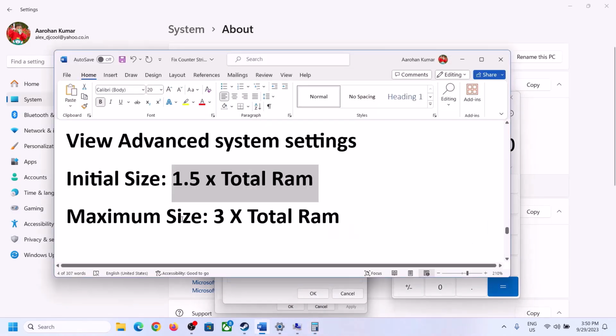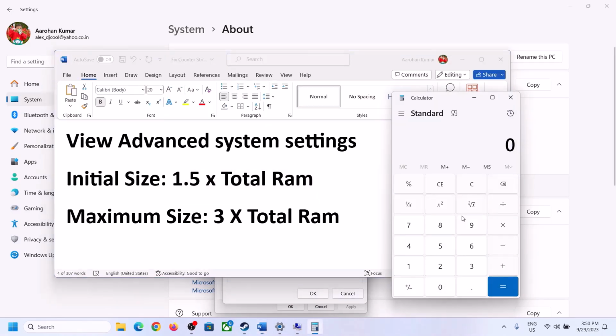The initial size is 1.5 into total RAM. Total RAM in my case is 16 GB. So 16 into 1024. 1024 is actually 1 GB is equal to 1024 megabyte. So 16 GB in megabyte will be 16384. Into 1.5. This is my total RAM in megabyte. Now 1.5 into total RAM, that is into 1.5. So in my case initial size is